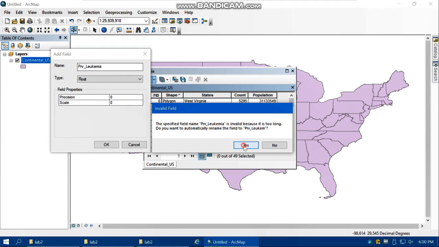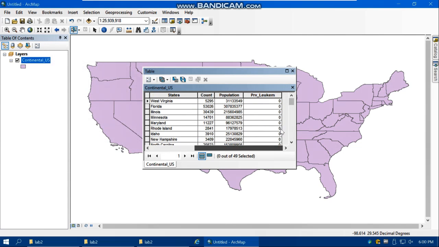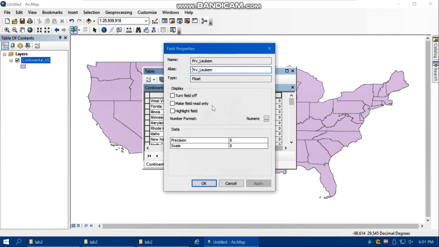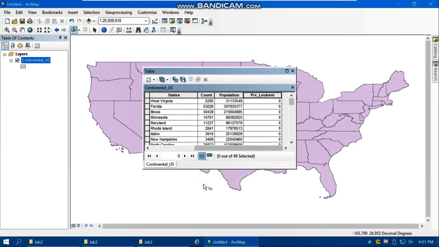So just click yes, and here you can see that we created a new field, and if you right click on the name of the field and then go to the properties, you can see that the data type is float. Click OK. As you remember from the lecture, prevalence rate for a health event is calculated from the number